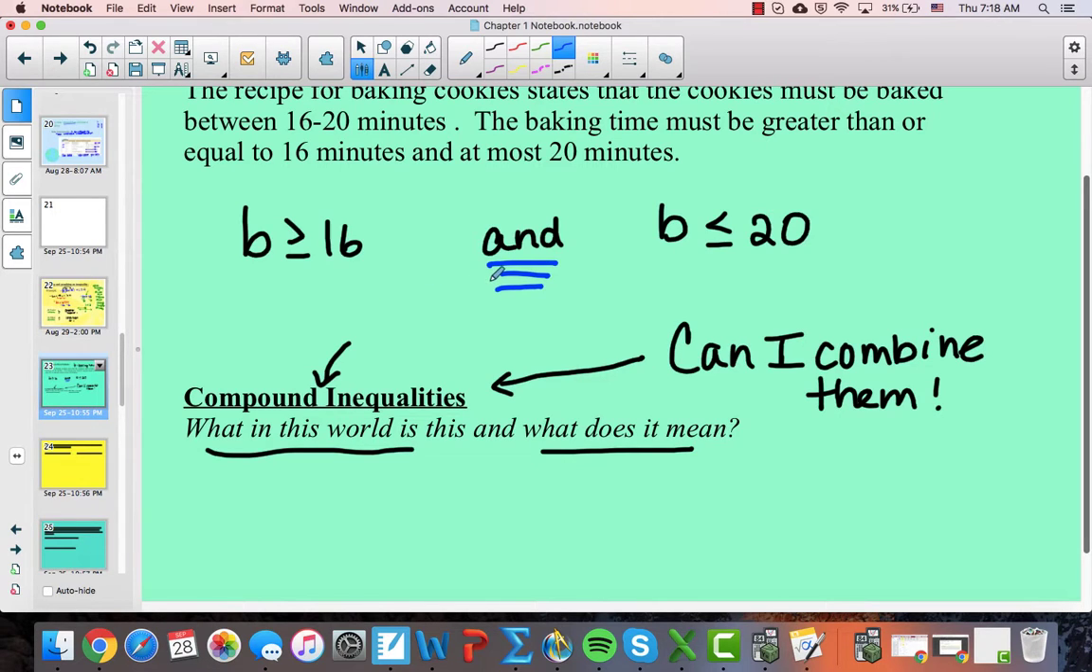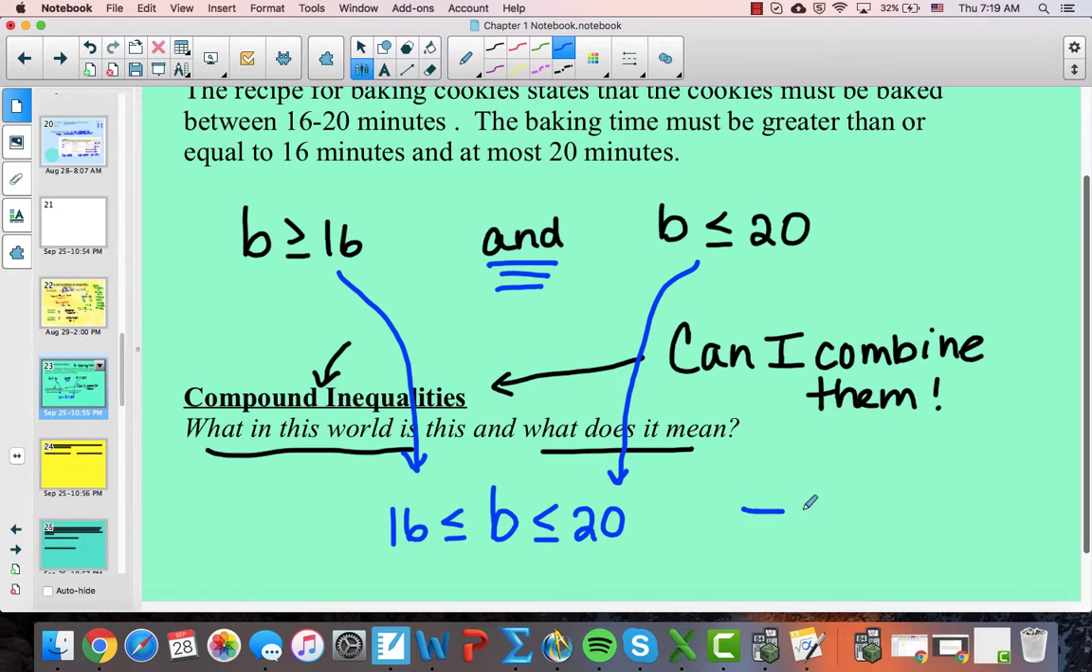With an and inequality, you can actually put the B in the middle. If I put the B in the middle, then I know that B has to be less than or equal to 20. Now look at this. B's got to be greater than or equal to 16. So can I write it like that? Look how I put this together in one inequality. That's called a compound inequality. So that is telling me, now if I graph this,